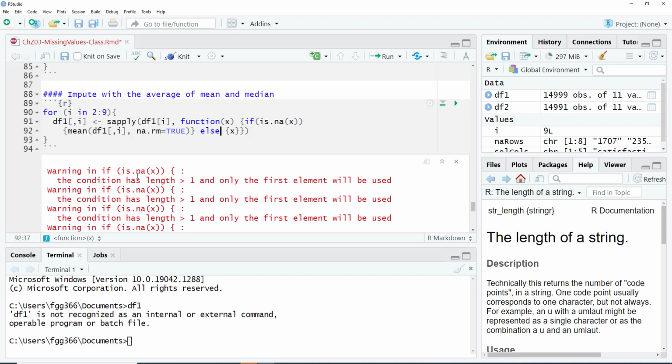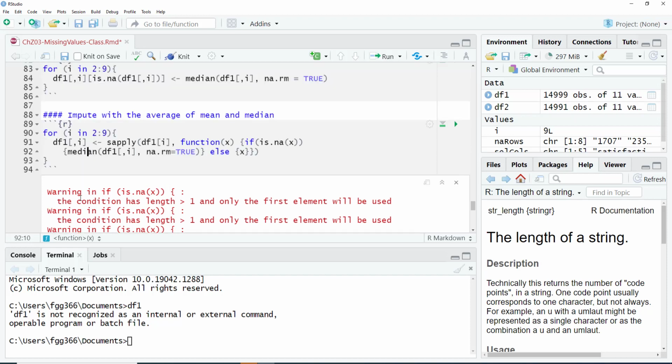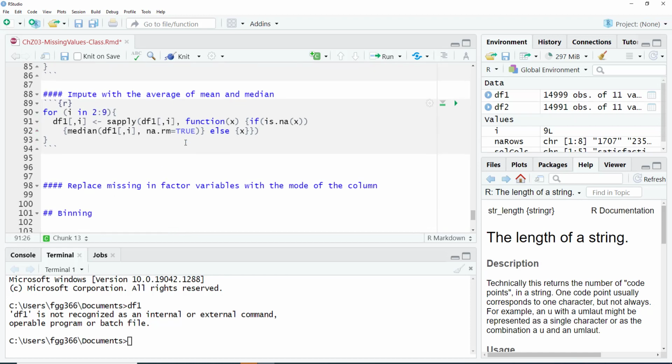Warning in is.na(x): the condition has length greater than 1. But that shouldn't happen, I don't know. Okay, so this gives you one after the other. I'll have to check why it didn't work.